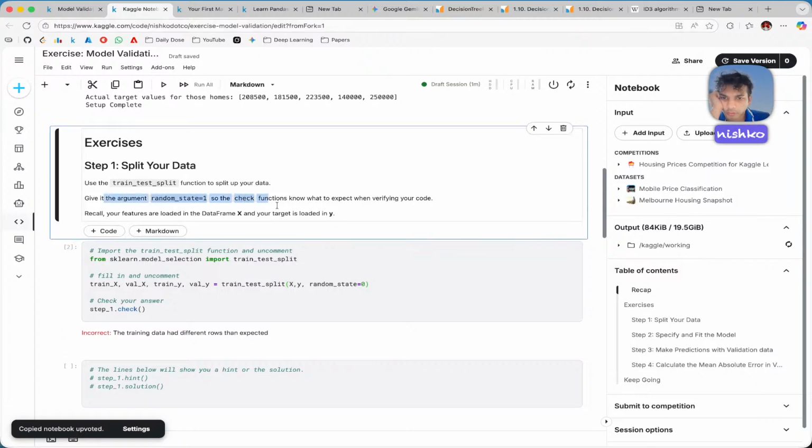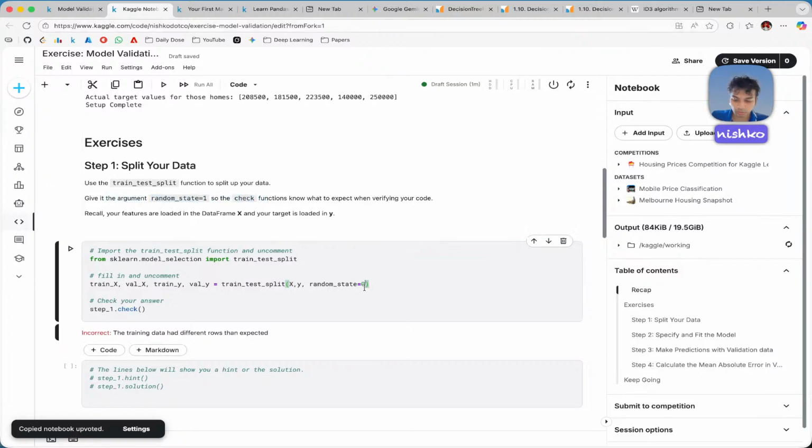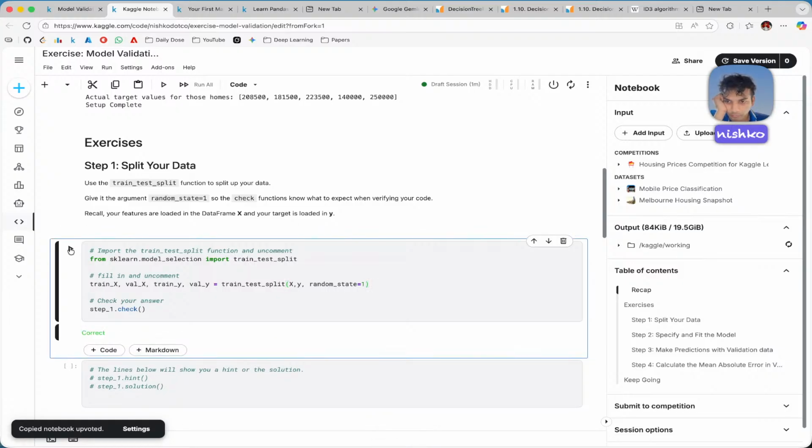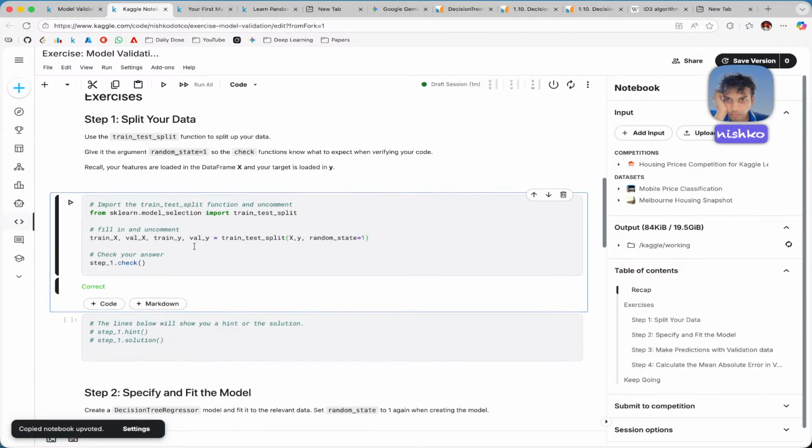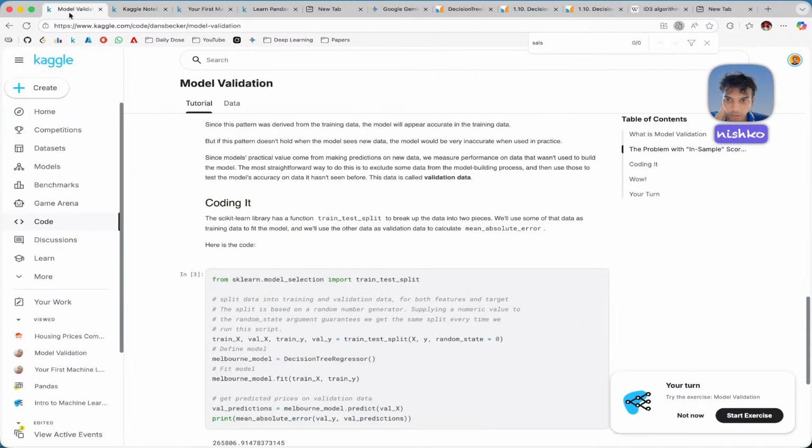Give the function an argument, random_state. Okay, random_state 1, correct. So that checks the function that was verifying the random state. I still don't understand what the use of random_state is. Okay, let me first